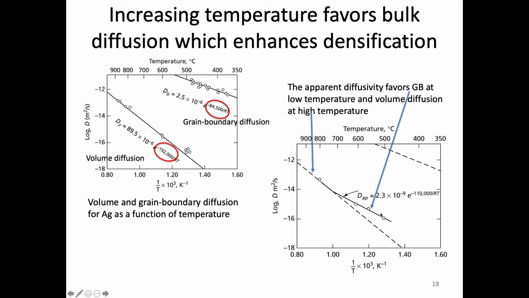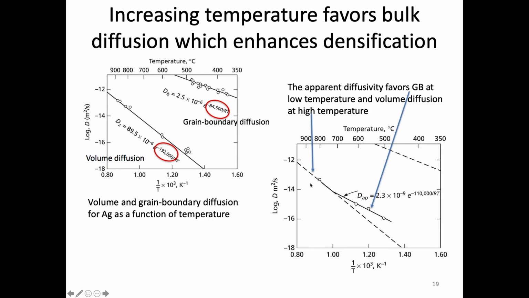And what we see here is that instead of being linear, it's actually two slopes with a change in the middle. So what this means is at the lower temperature, and the lower temperatures are to the right in this case, we have a slope that is lower. It's more similar to this grain boundary diffusion. And then at the higher temperature, in this case up here, we see that favors more of the volume diffusion. So basically at this temperature, maybe at roughly 750, there's a crossover and a favoring of mechanism